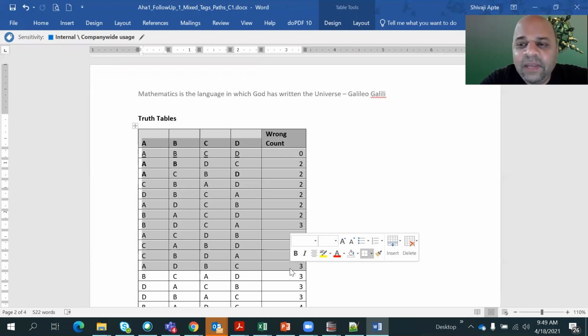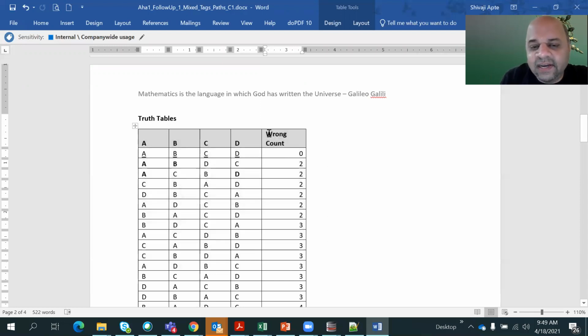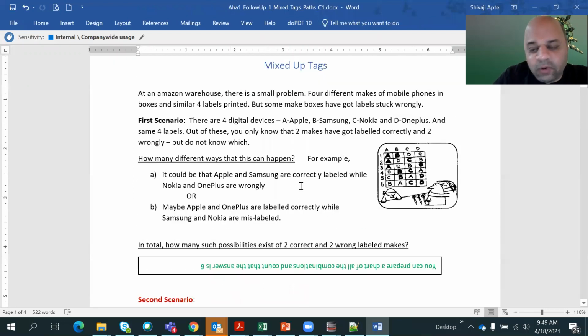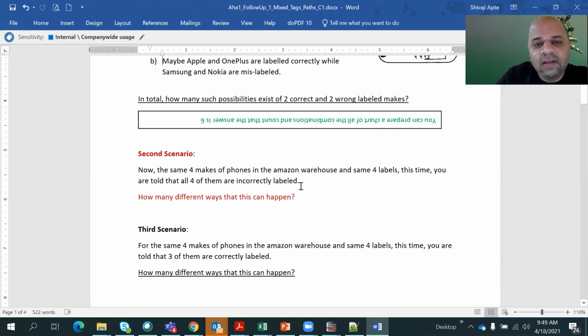When there are many problems that get solved like this, you just put out all the possibilities. The possibilities here were 24. In other problems it can be more or less. And what is the condition? You put the evaluation of the condition. Each scenario we talked about is a different condition here. First scenario, what was it? I wanted 2 correct and 2 wrong. Remember, 2 had to be wrong. In the third scenario, all 4 of them had to be wrong. So each scenario is different.